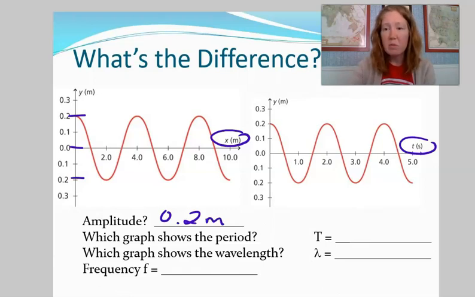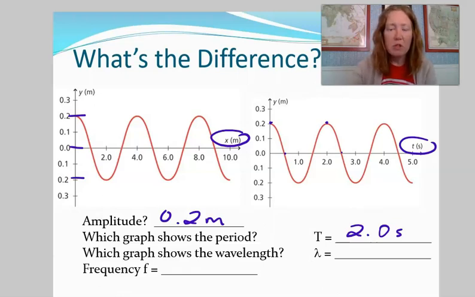Which graph shows the period? Well, the one that has time. And what is the period? Not 5 seconds. Don't just read off the maximum, okay? We need to know a full cycle. So usually I would try to pick from a crest to the next crest. That happens to be 2 seconds, okay? If you're going to start at 0, like if you started here, that's fine. But you need to remember to get a full trough and a full crest. So you'd end up going from 0.5 to 2.5 on the time scale and subtracting 2.5 minus a half.